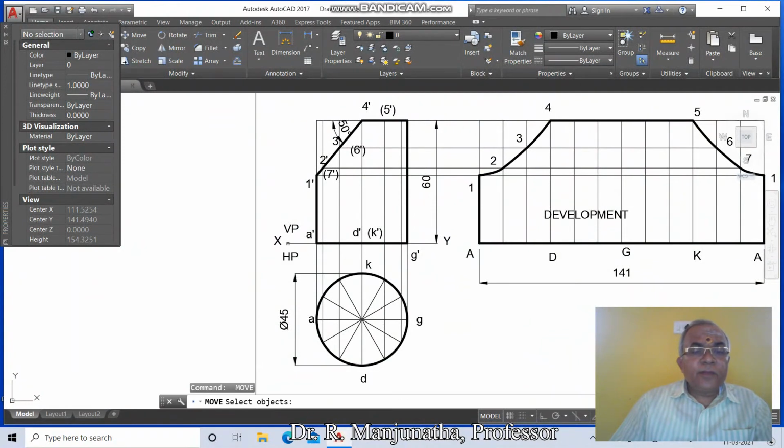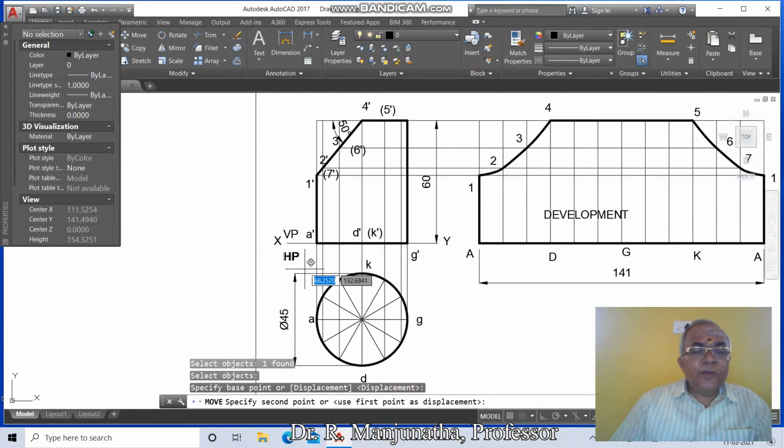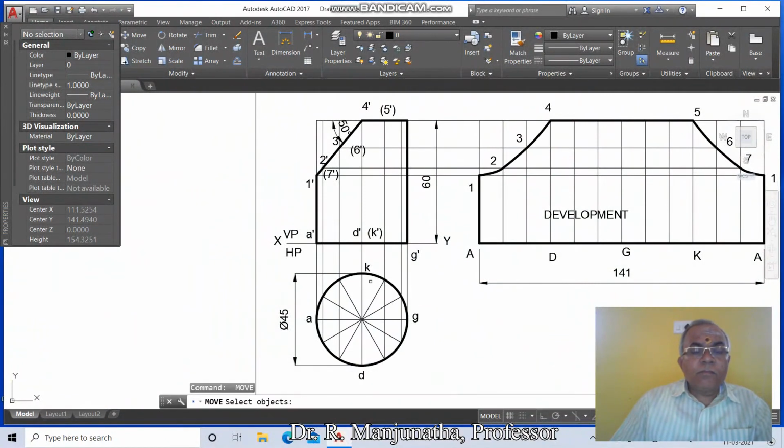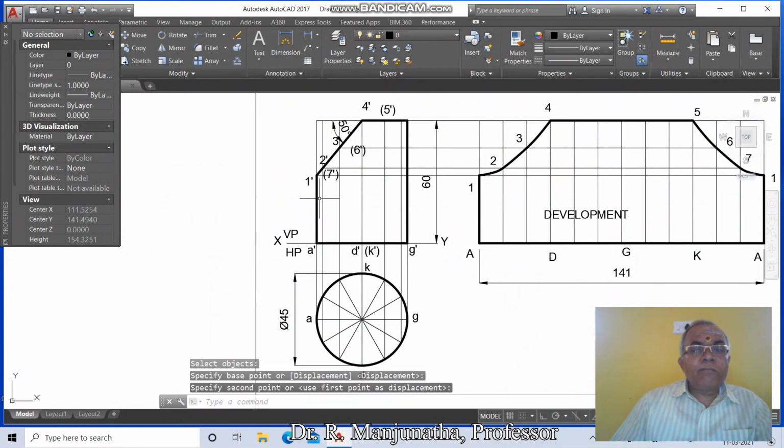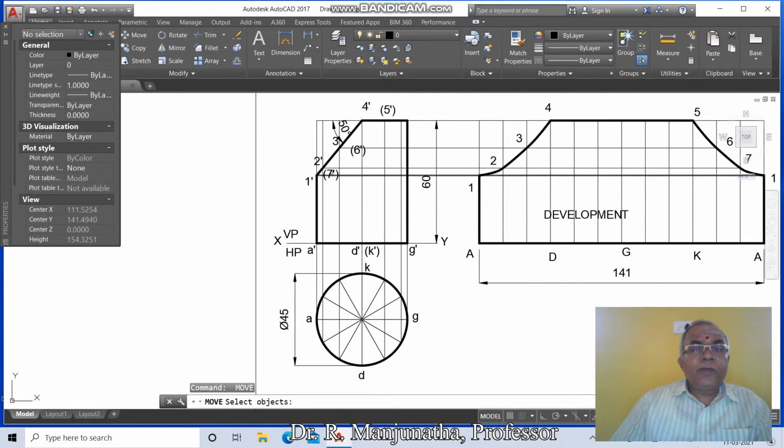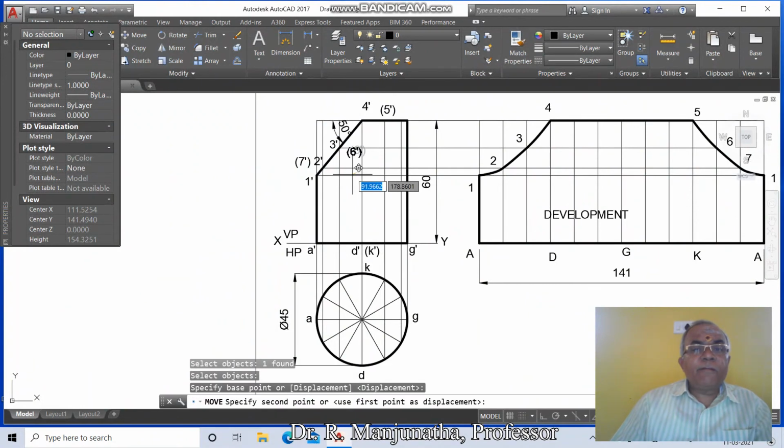Obviously move this X, you move this VP, you move this HP, then you move this A, then D, then G, then K, then A dash, then D dash, then K dash, then G dash, then Y, then 1 dash, then 2 dash, then 7 dash, then 3 dash, then 6 dash, then 4 dash, then 5 dash,